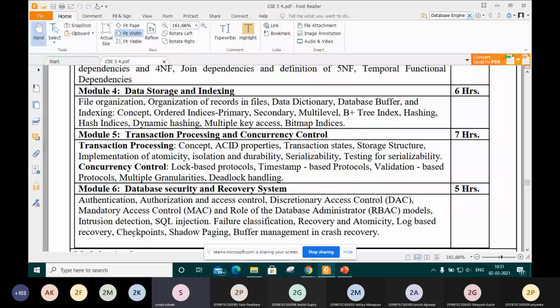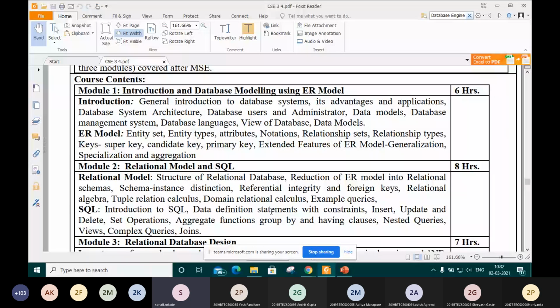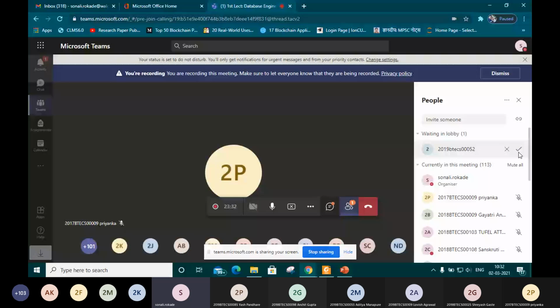So all these 6 modules are important for all of you, because if you go through your GATE syllabus, you can see that all these contents are included in your GATE syllabus also. And we are going to see all the contents as per the requirement of the GATE structure also. So be prepared for your whole preparation.